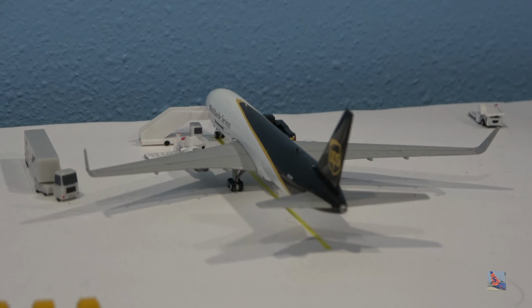So at this stand, we have this UPS 767-300 freighter that arrived in from Louisville, our flight 492. It's supposed to arrive in at 5 a.m., but it didn't arrive until 9:10 a.m., so that's a 4-hour and 8-minute delay for this flight. A lot of our morning cargo flights tend to be delayed by like 30 minutes to an hour, sometimes more, depending on weather or other factors that I can't even think of right now,